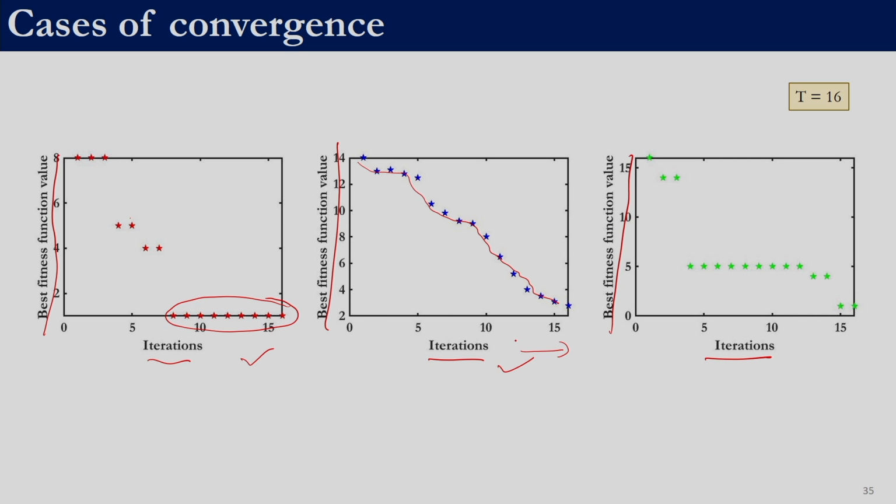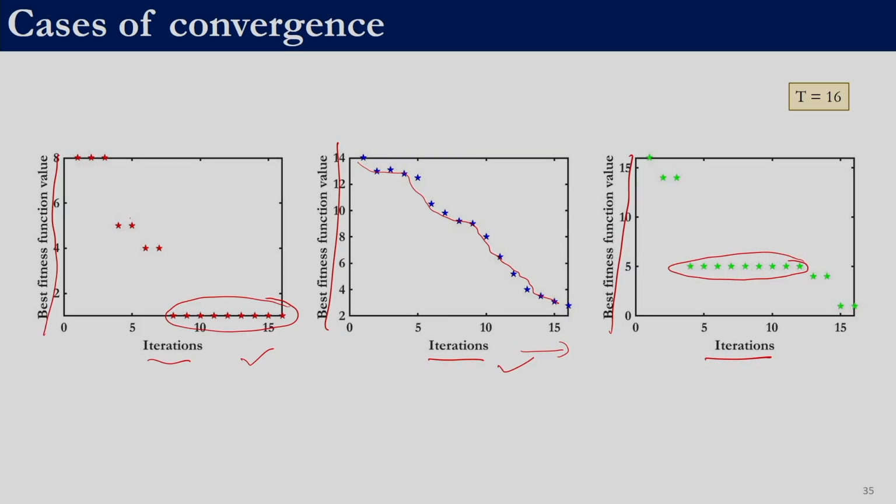So, but you can also end up in cases like this, wherein if you see over here, for a substantial number of iterations there is no improvement in the fitness function value, no observable improvement, but afterwards it starts decreasing. So, it is not correct to fix the number of iterations and take whatever solution we get at the end of the iterations. It is necessary that we have a look at the convergence plot and decide whether the algorithm has converged or not.